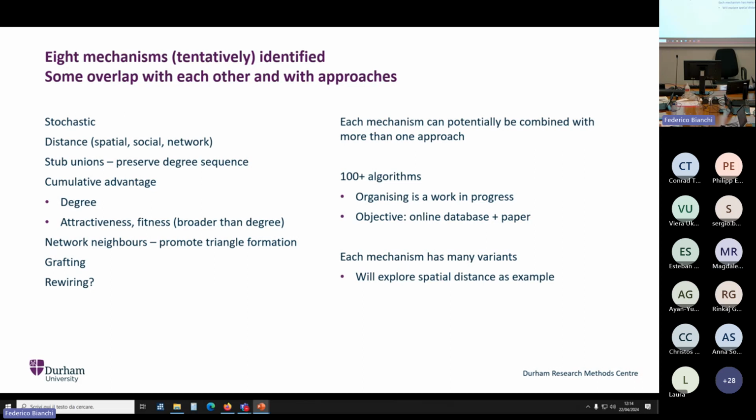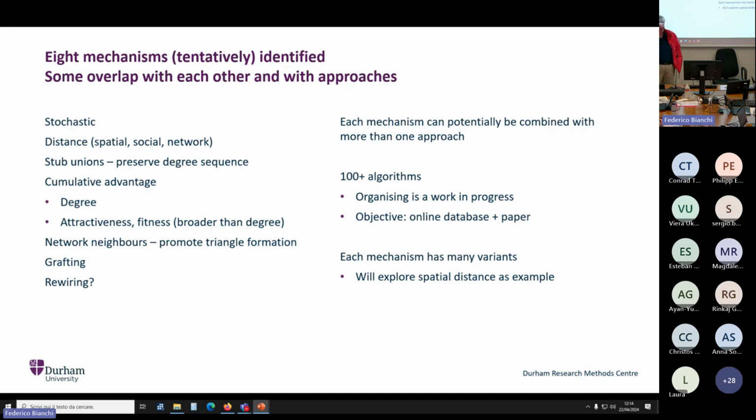Network neighbours: as you grow your network, instead of attaching to this node, you select a node and actually attach to the neighbouring node, so as to promote clustering. Grafting, where instead of adding a node, you're adding some sort of small configuration or motif. And rewiring, which we haven't decided whether is a mechanism as well as a starting point, but